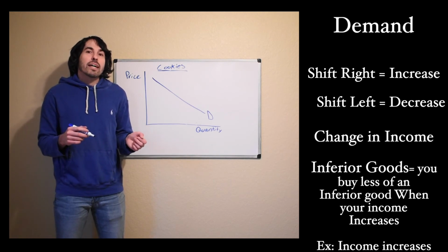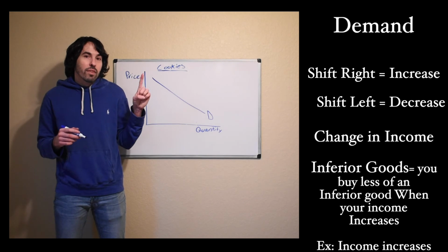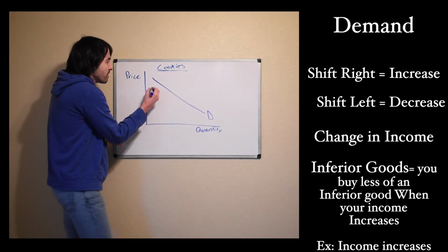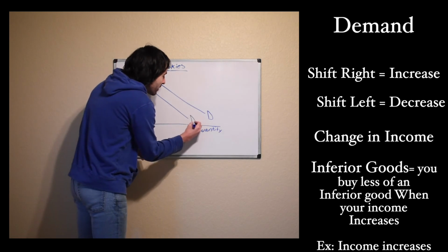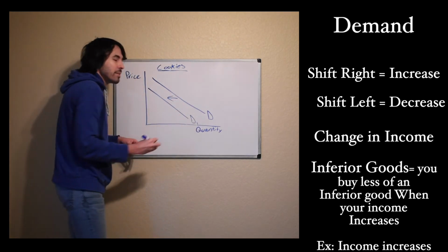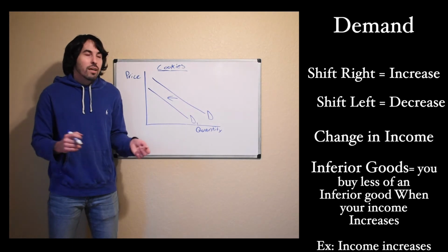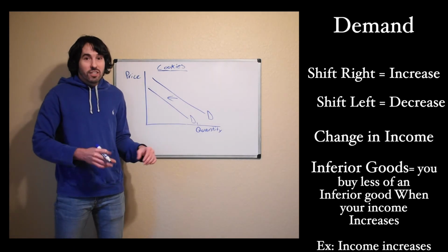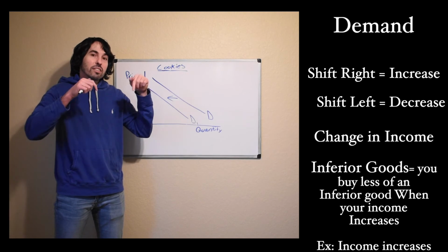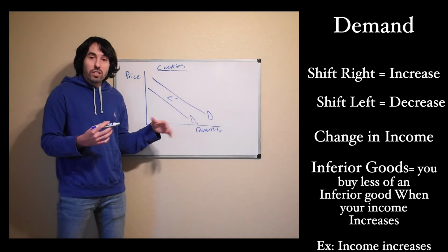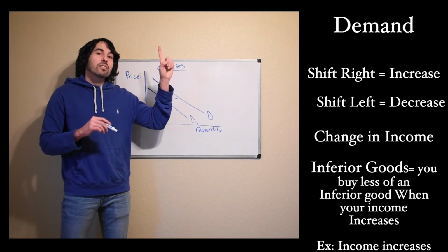And so if my income is increasing, the demand for store brand cookies will decrease and shift to the left. I'm not going to be buying these store brand cookies anymore. I'm instead going to be buying the Chips Ahoy and the Oreos and the more expensive cookies. So if it's an inferior good, an increase in income is going to lead to a decrease in the demand for the good. If it is a normal good, an increase in income will lead to an increase in the demand